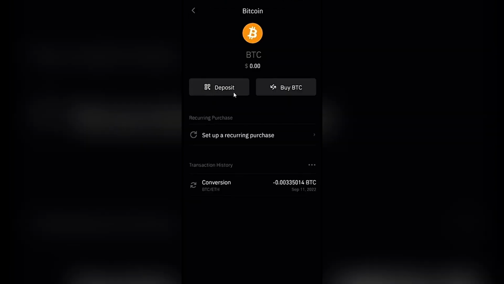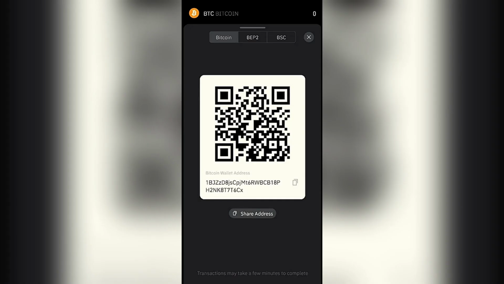Now again, what's happening from this side is it is a deposit because it's being received into our Binance account. We're going to tap on this, and here you can see the QR code as well as the Bitcoin wallet address. And on the right hand side of that address, there's a little icon there which will allow you to copy this address. So you're going to go ahead and just click on the copy address icon,